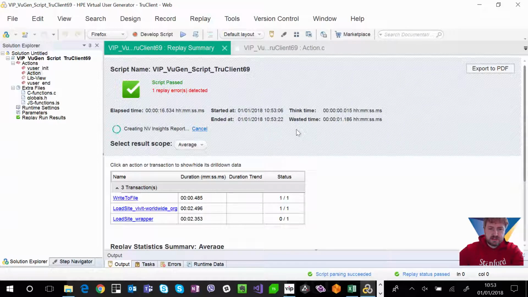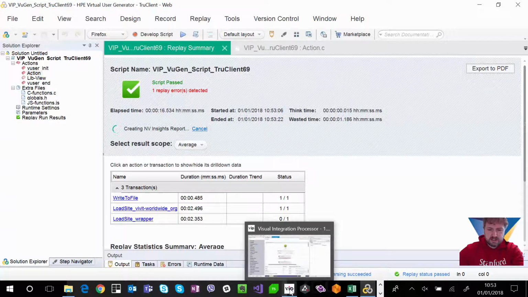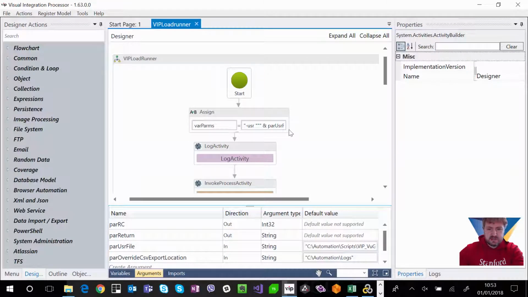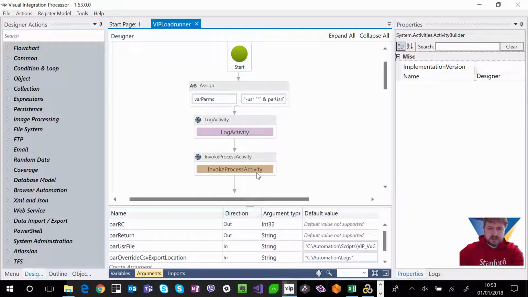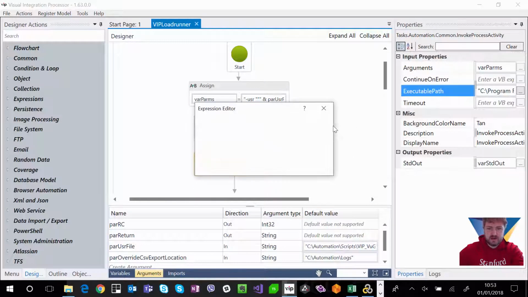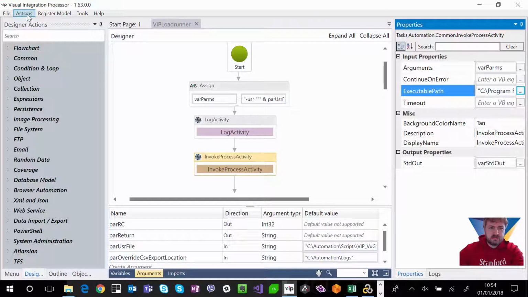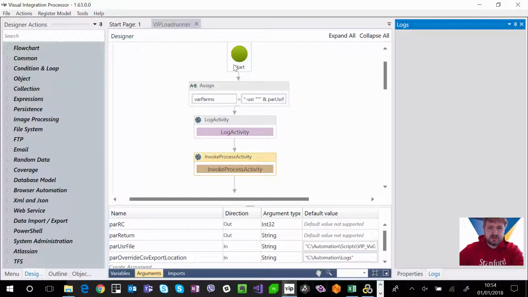Now I want to be able to call this directly at the command line. So what I'm going to do is pass over the same script. You can see here we've got the same script, but I'm going to run it at the command line. So a simple invoke passes it over to an expression builder, which is literally just the path to the executor. I'm going to run that, but this time from the command line. You'll see later in the video where we run this directly from Slack, but you could run it from anything. You could run it from Teams, you could run it from your continuous integration and build, Jenkins, whatever you want to do. So let's just quickly go back.